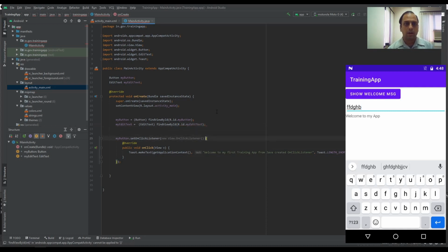That's it. And when I'm clicking this, I'm just commenting it out, and then let me make a toast within this toast instead of this.